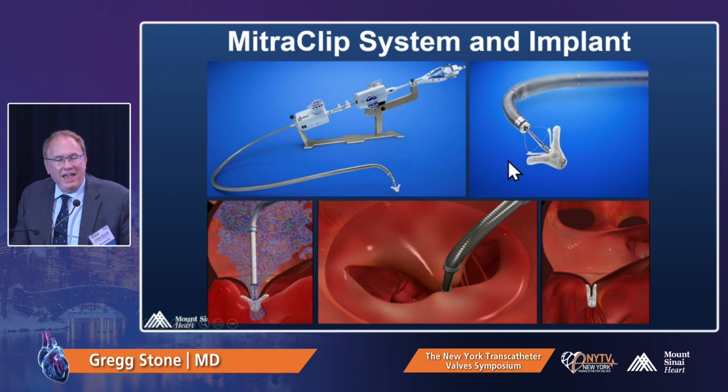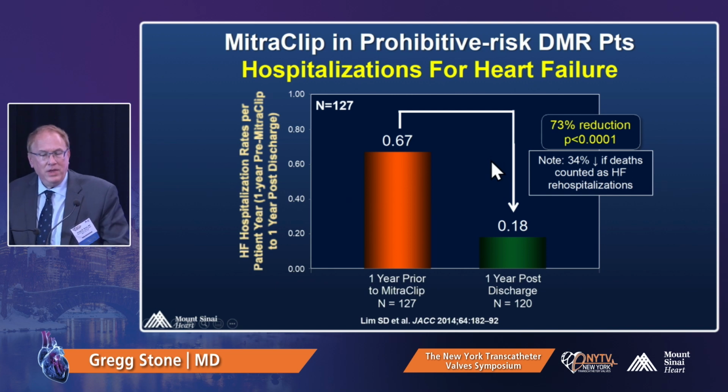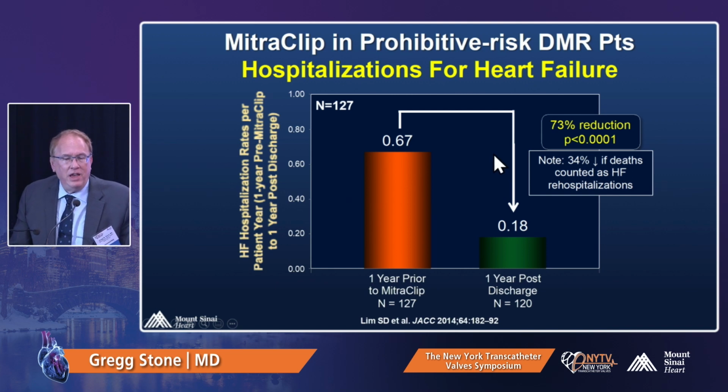In terms of clinical evidence and data, most of it has been generated from the MitraClip system and implant, which you're all very well familiar with. Following the negative EVEREST II trial, which was performed in an era with the learning curve of the MitraClip, and surgery was substantially more effective than the MitraClip, the MitraClip was approved by the FDA for treatment of prohibitive risk degenerative mitral regurgitation, basically based on a 127-patient parallel registry of prohibitive risk patients, principally